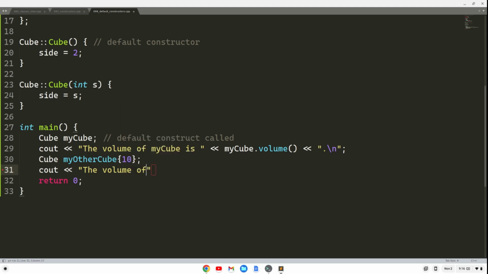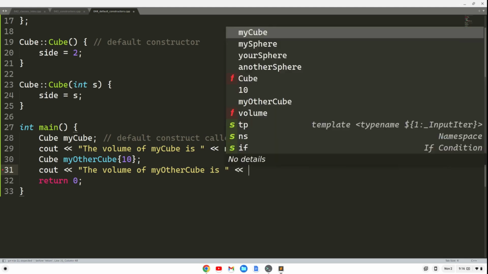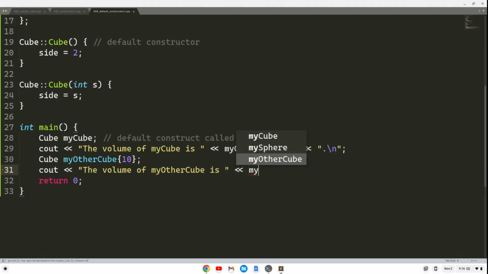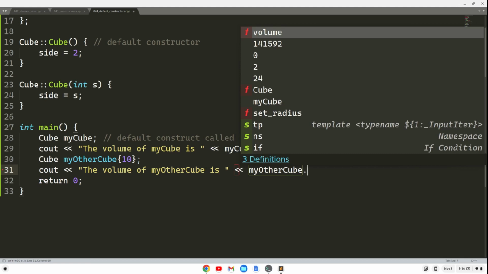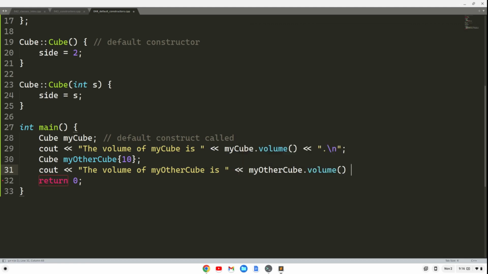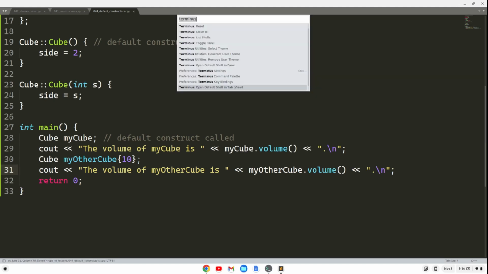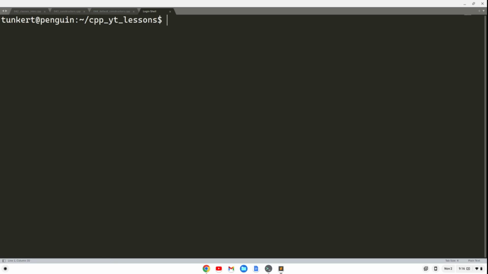The volume of my other cube is, and then I'm going to do my other cube dot volume, and do a period and a slash n there. Now, if I run this, we should get the volume for the second one of 1000, because I put in the side of 10. So I'm going to do G++,